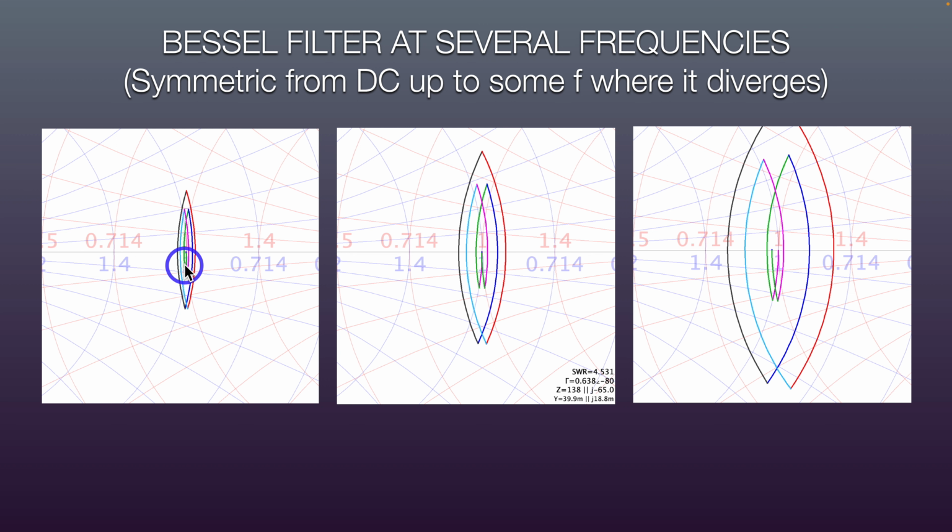So this first section shows closest to DC. If we actually took it all the way to DC, these would all collapse down into a single point in the middle at 50 ohms. So then this is the first resonance, second resonance, and third resonance. At all of the frequencies, this becomes asymmetric, where